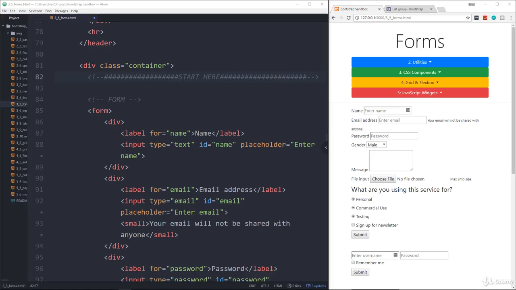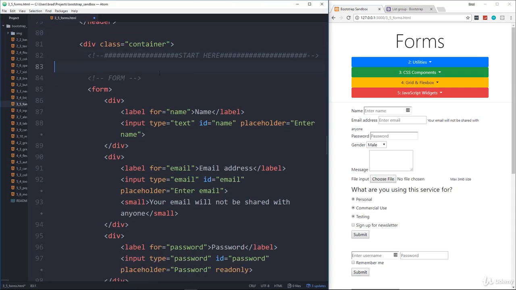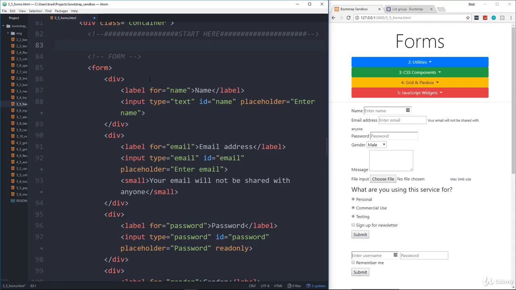Alright guys, so now we're going to get into forms. A lot of this is the same as Bootstrap 3, so again, if you have experience with Bootstrap 3, that's going to help you. So we're in the file 3_5 forms.html, and we're going to start here where it says start here, and we're